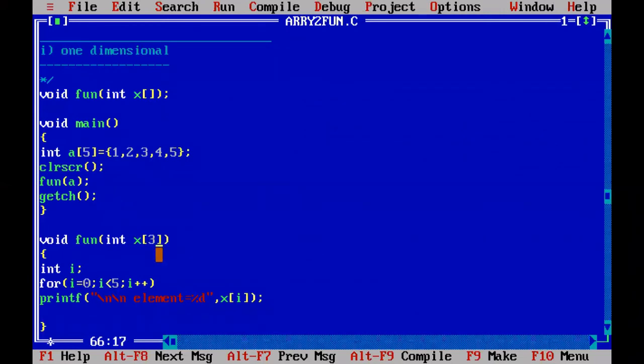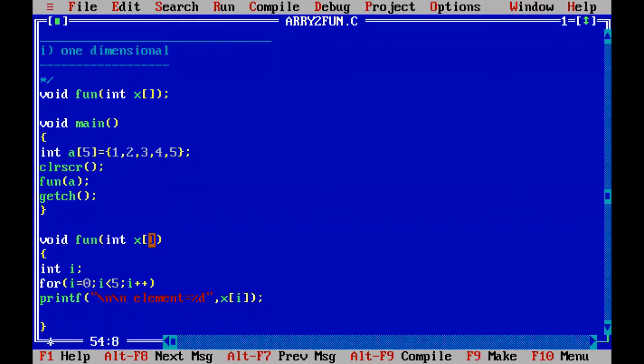So if you don't know the size, simply ignore. Just don't write the size. Then what will happen? When A is passed to X, the X array size is fixed to 5 because the elements are 5. So the size also will become 5 at the runtime. Now you comment this one also.